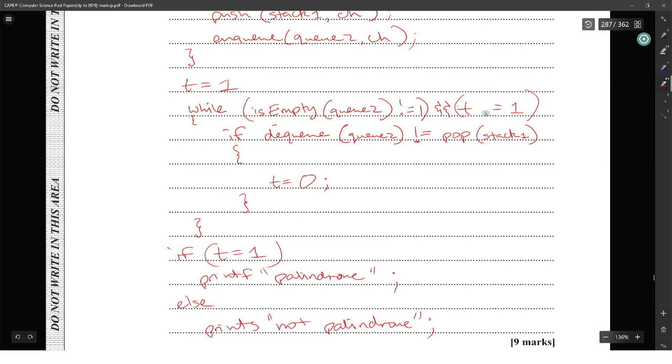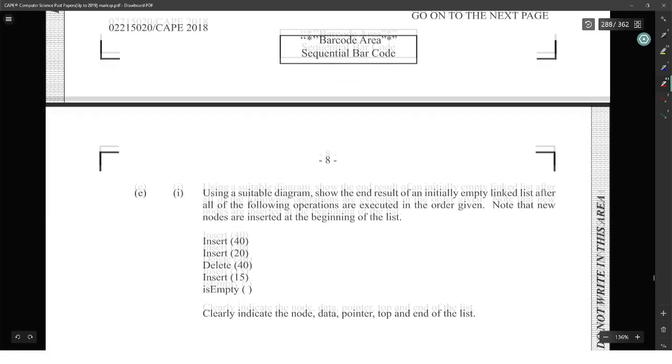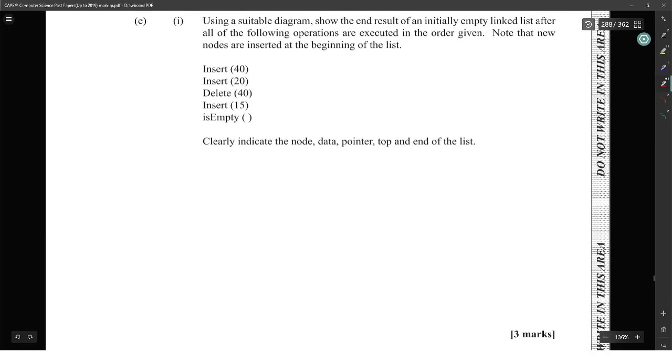I'm going to say here, while it is empty and true is equal to 1, meaning you're guilty until proven innocent. Yeah, you check true, check both of them, make sure they work, and alright, good. Yeah, that's it. Next, using a suitable diagram, show the end result of an initially empty linked list after all